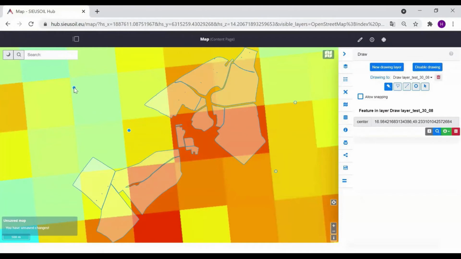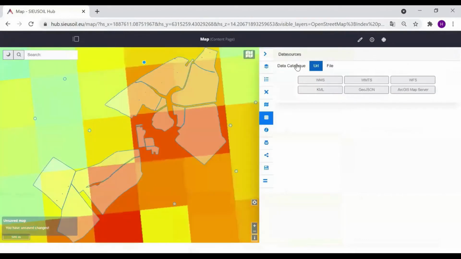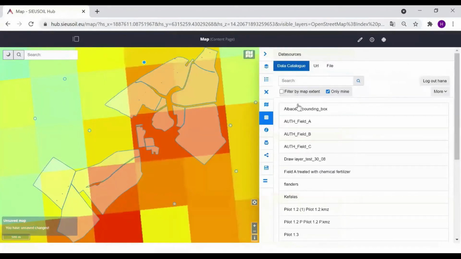So I will put here some points. Those new points are automatically synchronized to the Layman. That means that all points we have just created are already stored in Layman. You can simply check it in the data catalog. And yeah, we can see that draw layer test, which I've just created, is here.